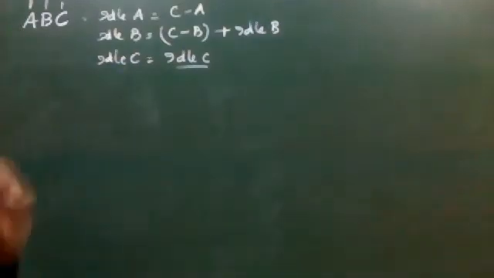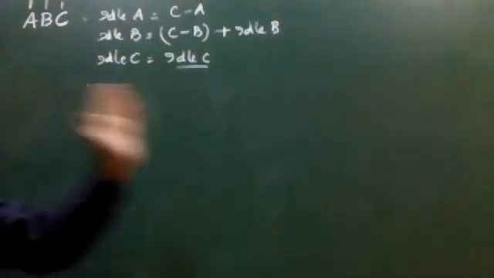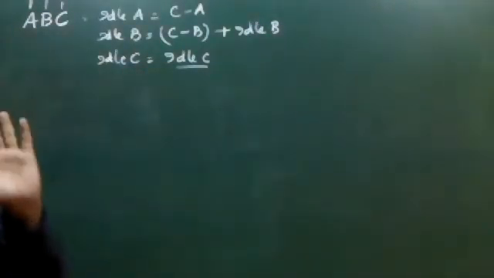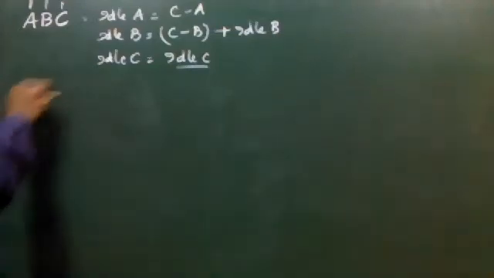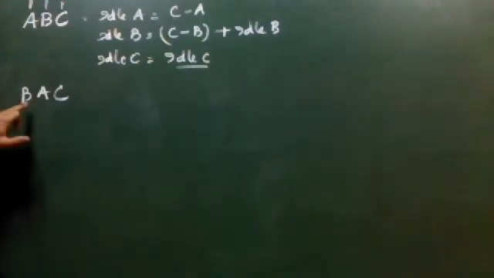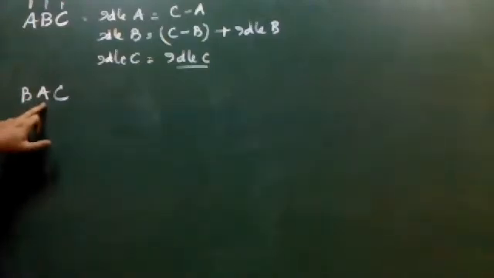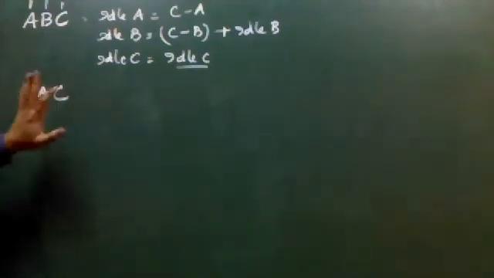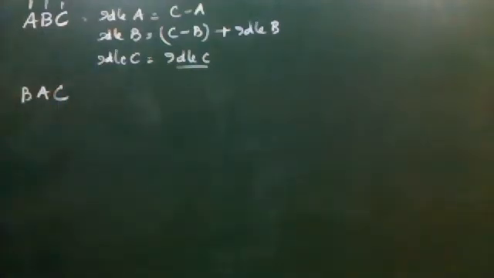Now, let us see what other possibilities there are as far as three machine problems are concerned. This is the first possibility. Let us take the second possibility, BAC. Now, can you please tell me, if the order to be solved is BAC, what will be the formula for A, B, and C? Can anybody please tell me? Here B will become the first machine, A will become the second machine, and C will become the third machine. So how do you write the formula now?